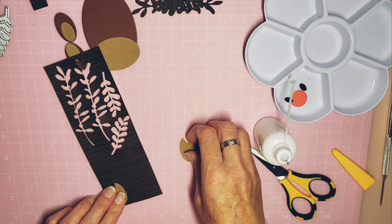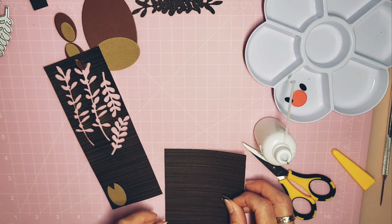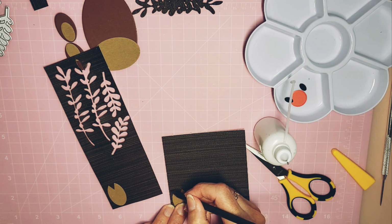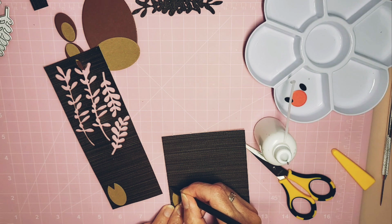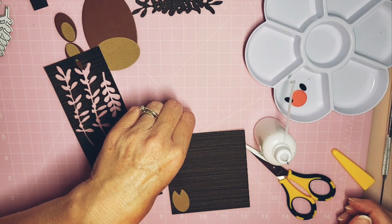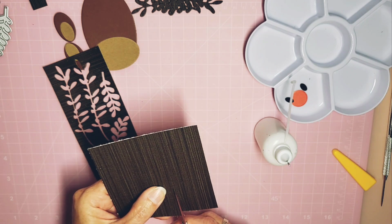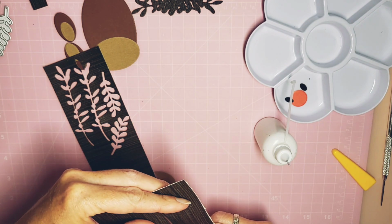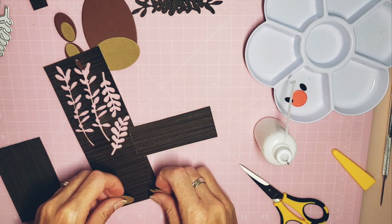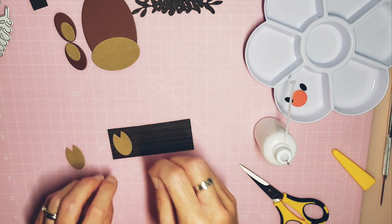Right, I'm also going to bring these back in again, because what I want is a couple strips of this too. Is that going to be enough on there? No. Bring that one in. Right, so if I just mark the pencil, I go to a bit there, and that one to a bit there. Actually, I'll probably get away with just one of these. So I'll just cut one for a minute, because I might be able to do two out of that. All will become clear in a mo. I'm sure that's going to be plenty